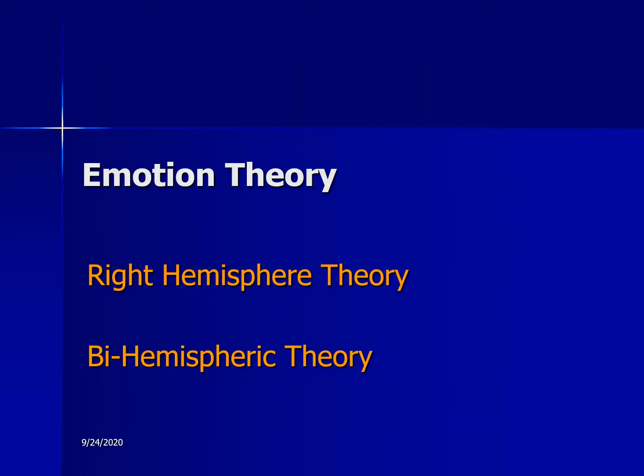So let's begin with emotion theory, and we can basically divide them into two major categories. The right hemisphere theory of emotion. There's almost universal agreement to this theory. It's very unusual in science to have such a collective appreciation that the theory has good basis. Your right brain is viewed as being dominant or preeminent in processing emotion, especially negative emotions like anger, sadness, fear, but any intense emotion like very robust happiness and things like that.